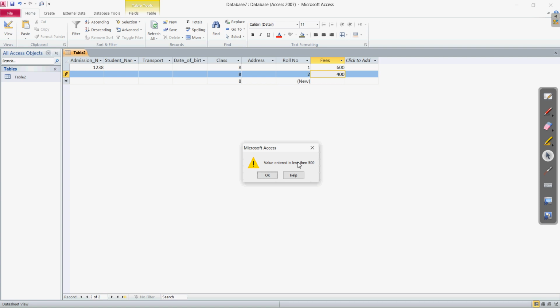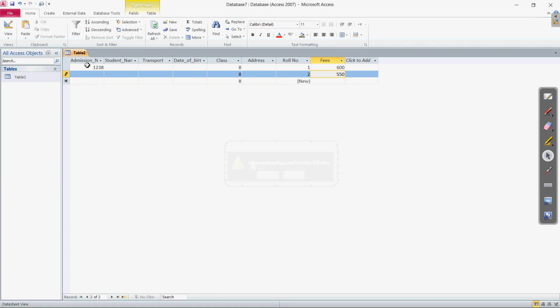Whatever message you write, the same is displayed to you. Clear? So we have cross checked that is the error message which we entered. So click OK. This will not allow us to enter any value which is less than the condition we have entered. Only when the value entered is more than 500, suppose I am writing 550, press the enter key.